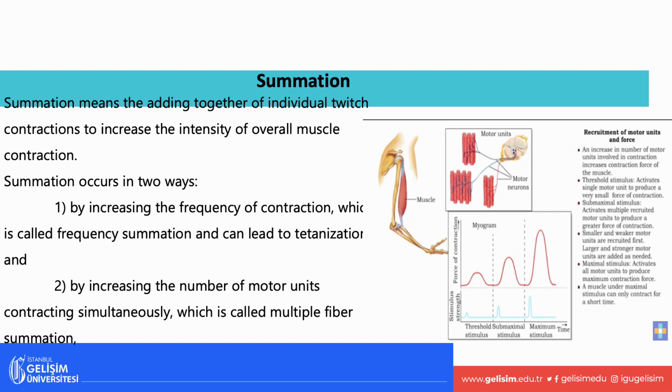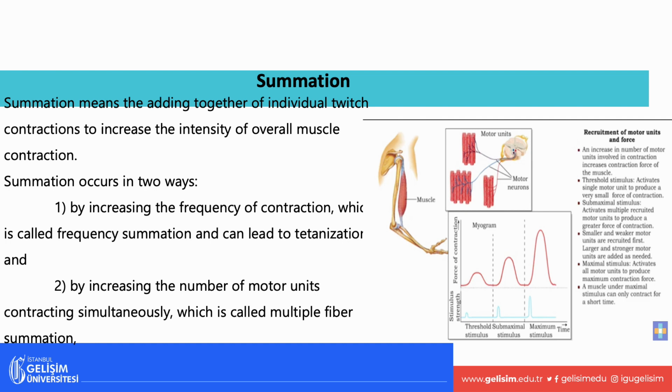Now, spatial summation, also known as multiple fiber summation, happens when multiple muscle fibers are stimulated simultaneously to produce a stronger contraction. This is achieved by recruiting more motor units, which are groups of muscle fibers innervated by a